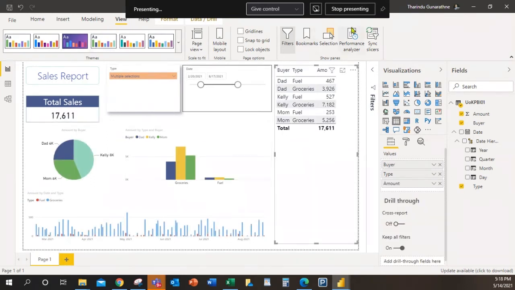Now we need to know how to publish this report. We have almost another 40 minutes; we already planned for 2 hours. So we need to publish this report. It will take some time. But before that, if you have any question, you can use this Q&A and ask that question.